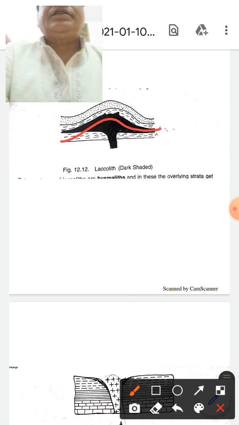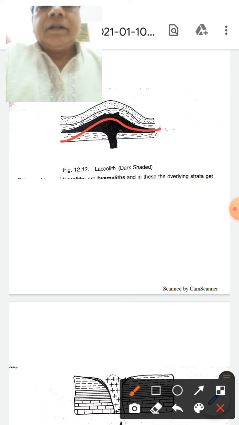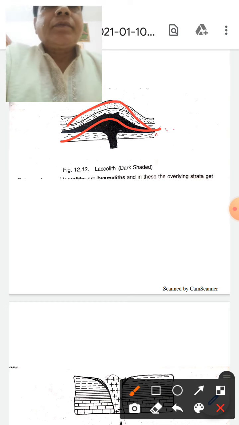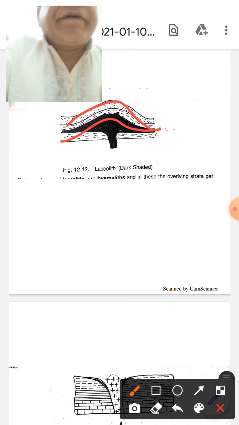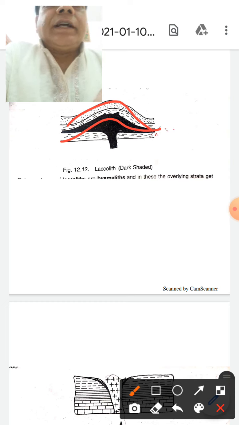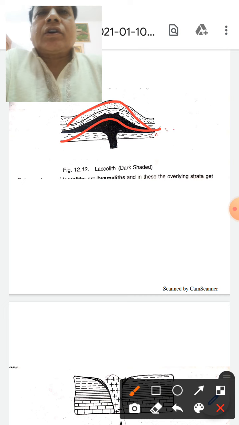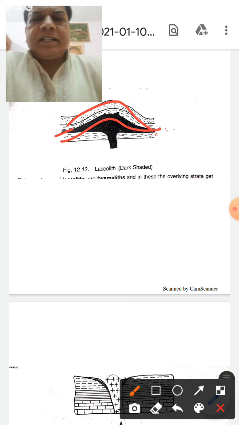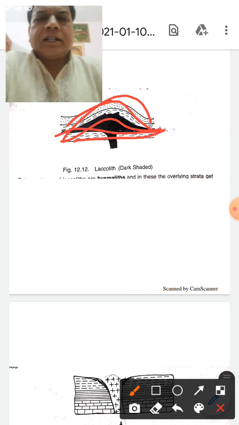Now this is your laccolith. Laccoliths are concordant intrusions due to which the invaded strata have been arched up or domed. This is arched up or domed, right? The igneous mass itself has a flat or concave base and a dome top. The main thing is that this base is flat and this is your arc shape, and this is in the category of the concordant forms.